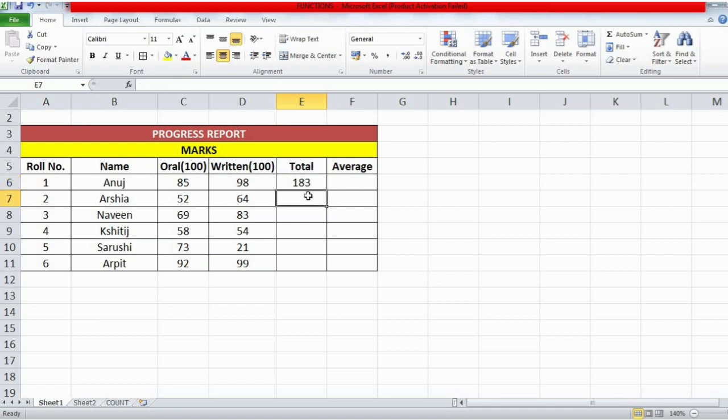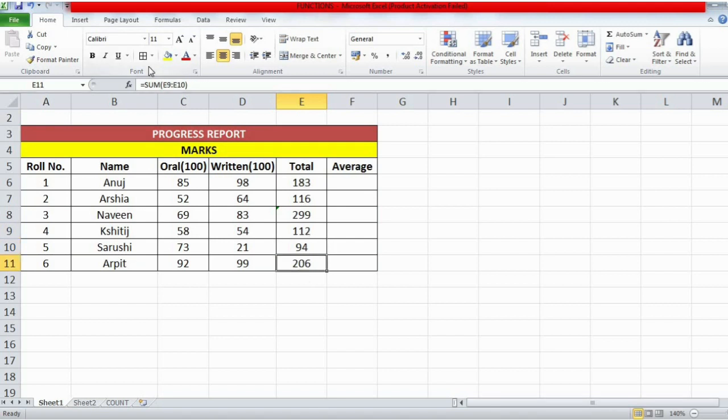If you want to calculate for the next student, just select this cell, come over here, and select the sum option, and it is done. If you want to do it for this student, select the cell and hit the enter button. In this way you can calculate for all the students. You can also drag and drop, as we did with relative reference. But I'm not using relative reference over here, I'm just using the auto sum option's sum function. So this is how you use the sum function to calculate the total. Isn't it very easy, students?